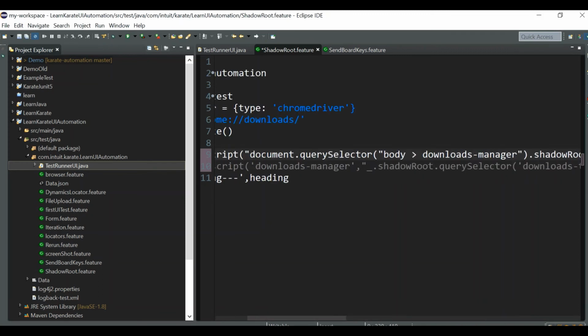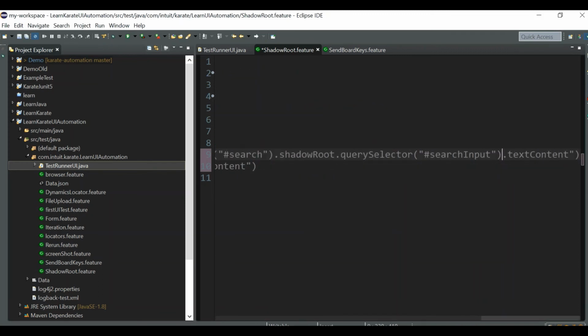Next, we don't need text content. Instead of that, we need to pass some keys, right? In JavaScript, to send some keys to the field, we can use dot value. Let's say I want to pass something, let's say test.